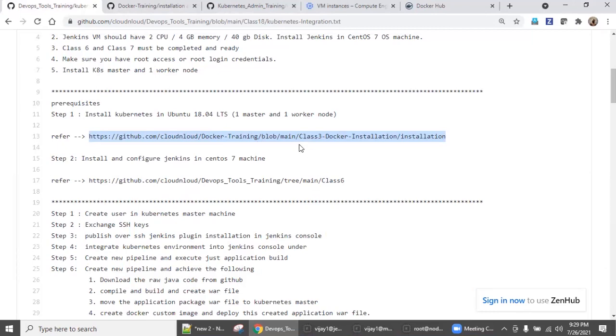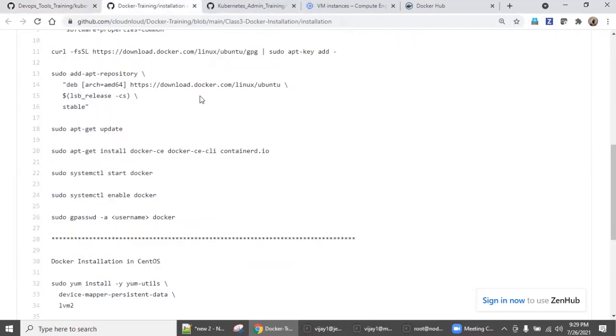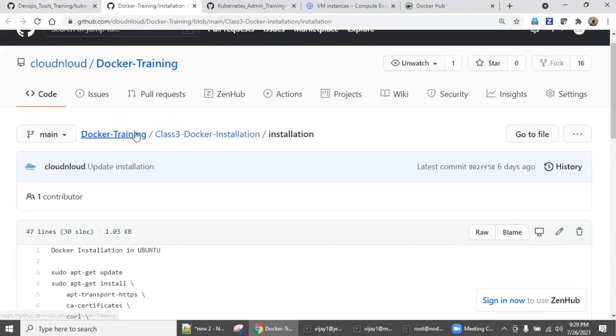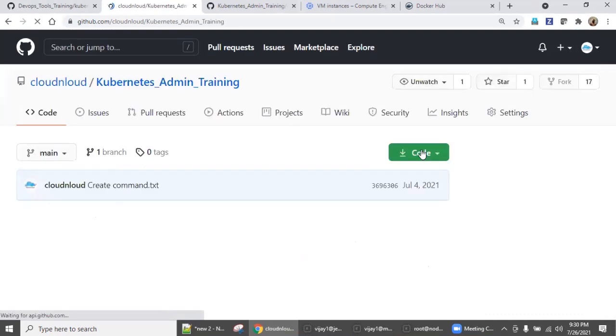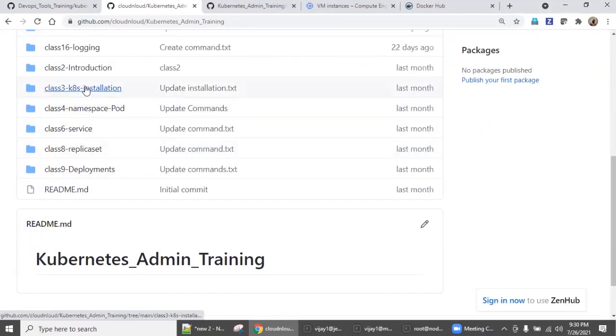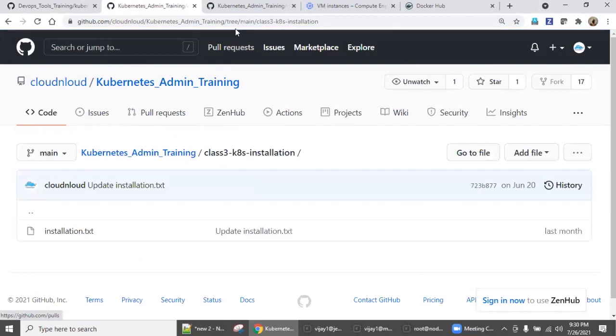I think the link is pointing to Docker, so I will update it after this class. We need to go to Kubernetes. The link is wrong, so I will update it later, but we will go and open the right one. So I'm going to the Kubernetes admin training. Come down. There is a class 3 K8s installation.